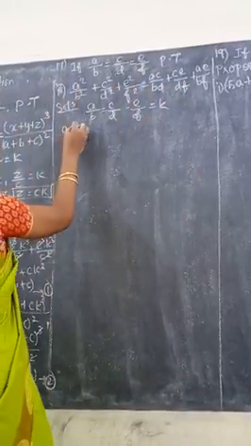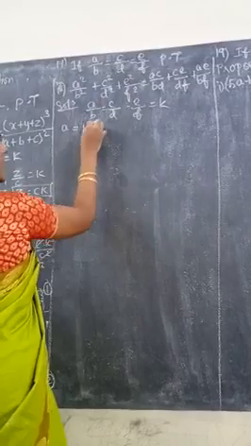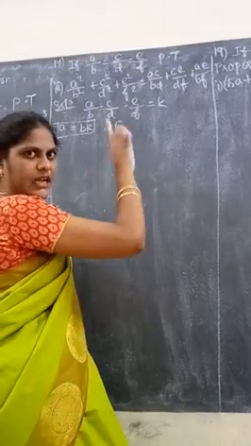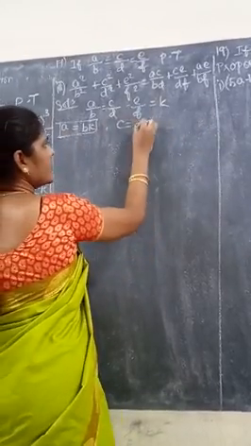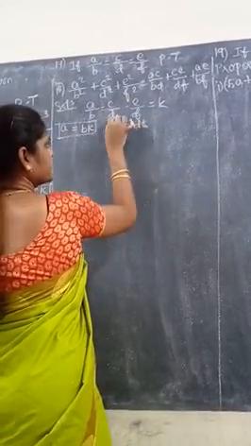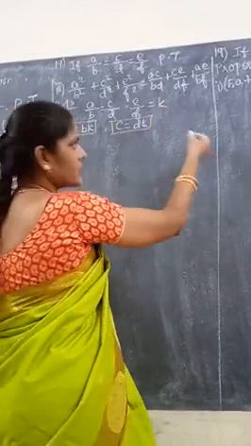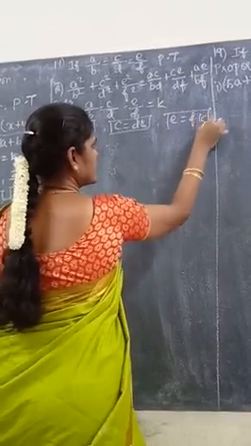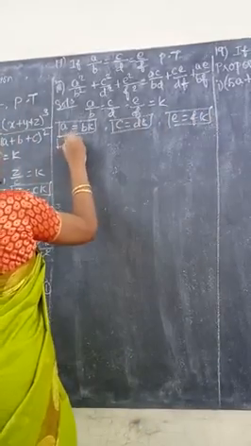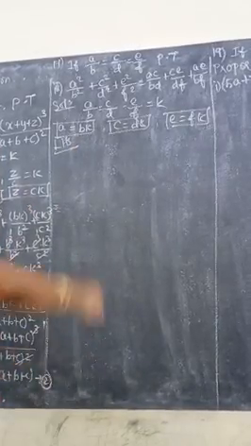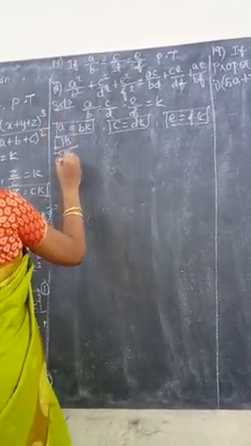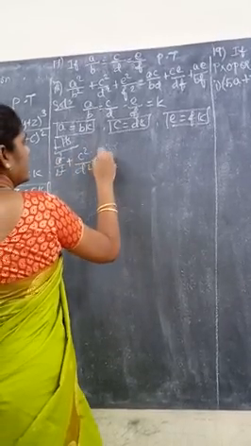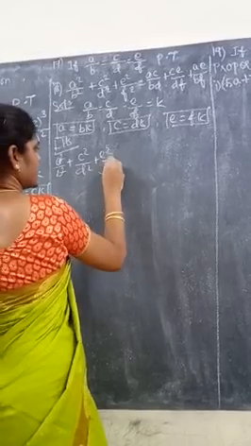So how do we write this? a equal to bk. Next c by d equal to k, so c equal to dk. Next e by f equal to k, so e equal to fk. This is the term. First we are going to apply the left hand side. What is the left hand side? a squared by b squared plus c squared by d squared plus e squared by f squared.